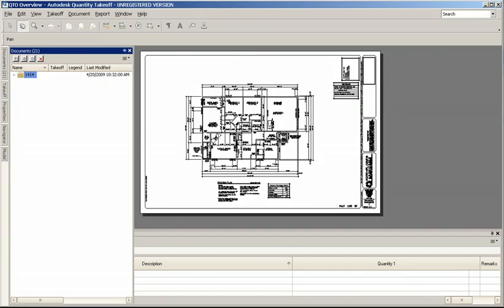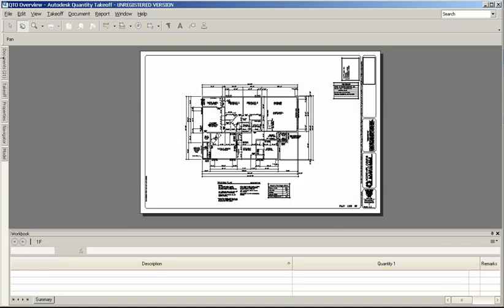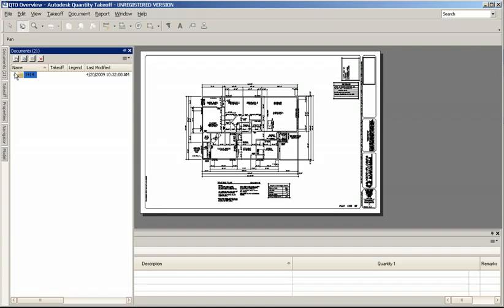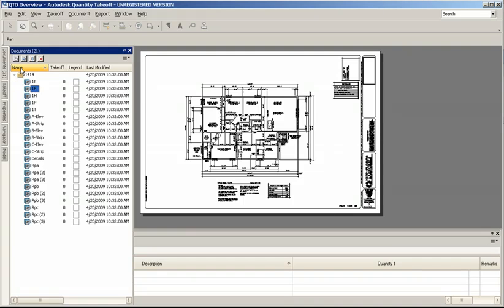Okay, so let's just run through. So canvas, palettes, and then workbook. And we're going to go into the workbook in some detail, but in here you can see all of my documents, and I can organize them into folders by using these little buttons here. So if I wanted to create floor plans,